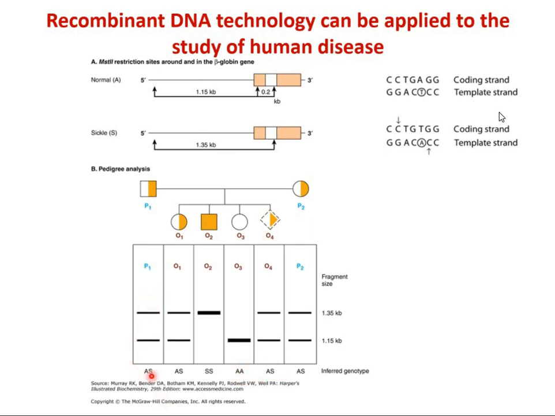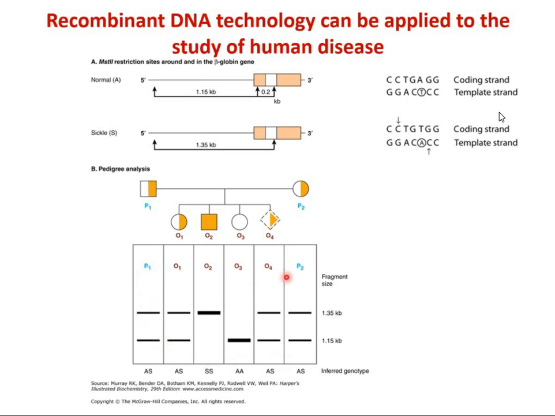In this case, the figure shows that both the parents P1 and P2 are carriers. So that's why we are getting 2 bands. एक segment में आपका जो रहेगा 1.15 kb आ रहा है, इनमें 1.35 kb आ रहा है. 0.2 kb इस पिक्चर में नहीं लिया गया, it has been ignored. Or like if you're using southern blot, the probe is binding to somewhere here. So ये इस fragment को determine करेगा और इसको determine करेगा, and sizing can be done.